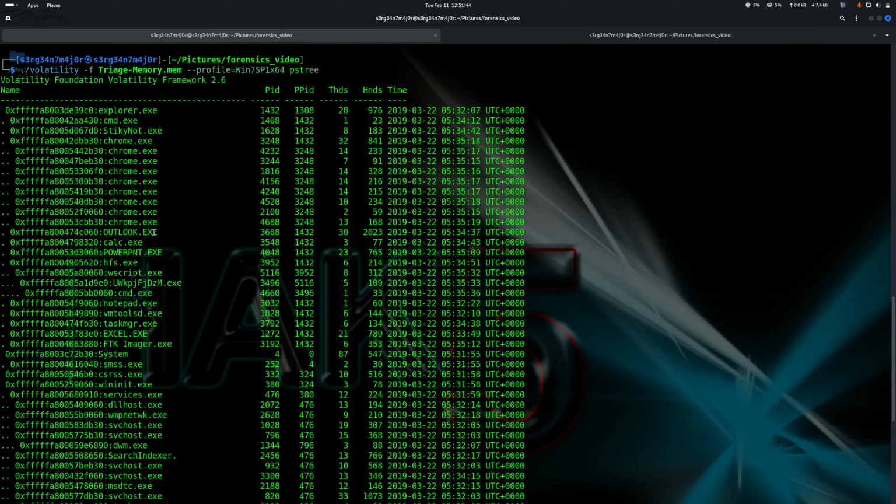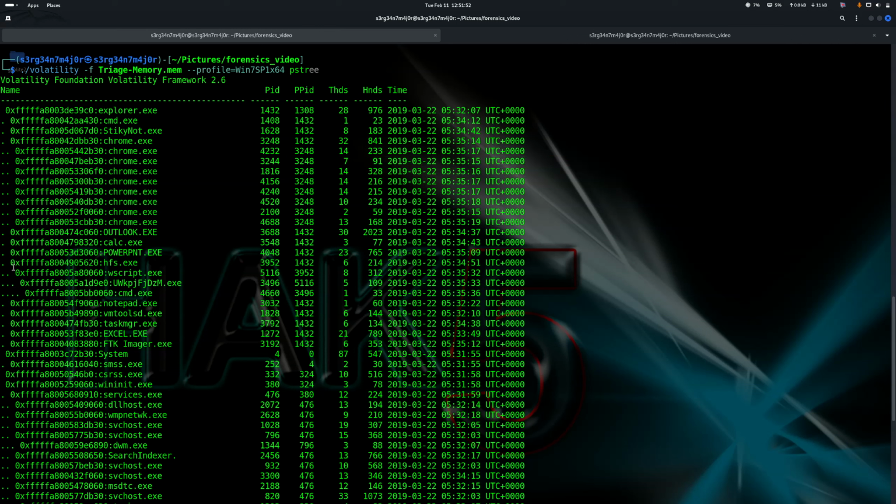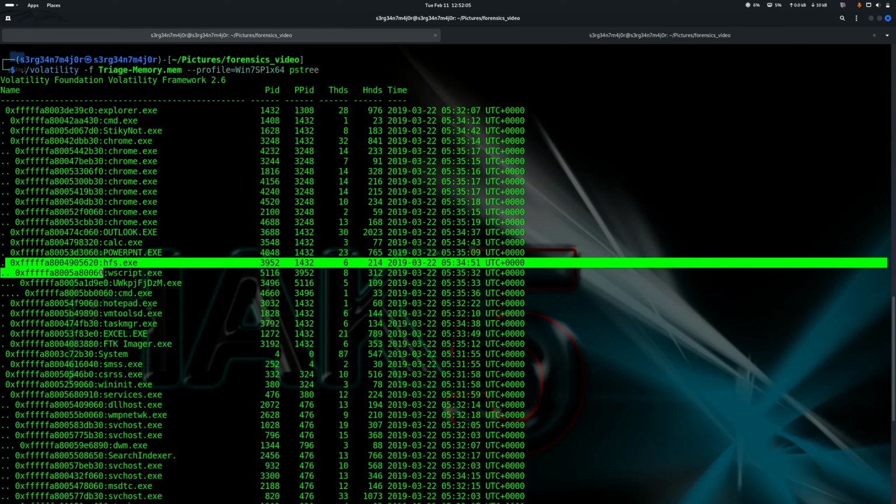Let's take, for instance, chrome.exe. Maybe these are the different instances of Google Chrome, and you can go a bit down until you find, then you can see even the PowerPoint. Here we go. Then you can see the calculator, and apart from that, we can see this one, this process,